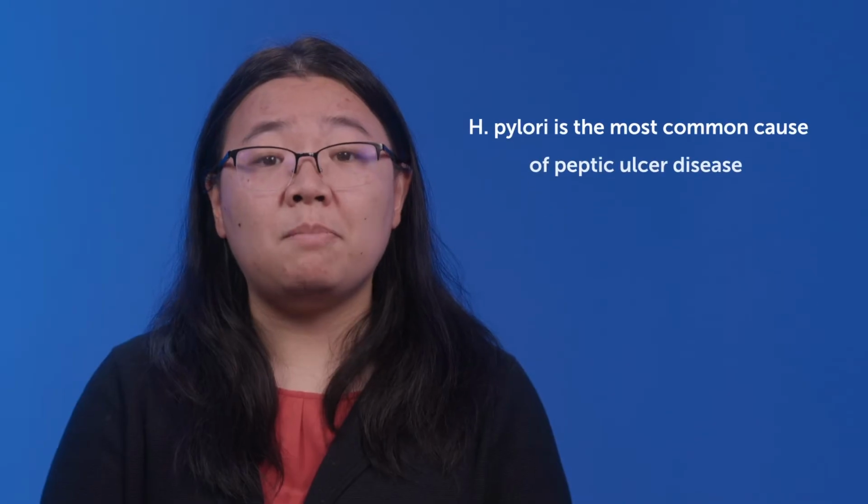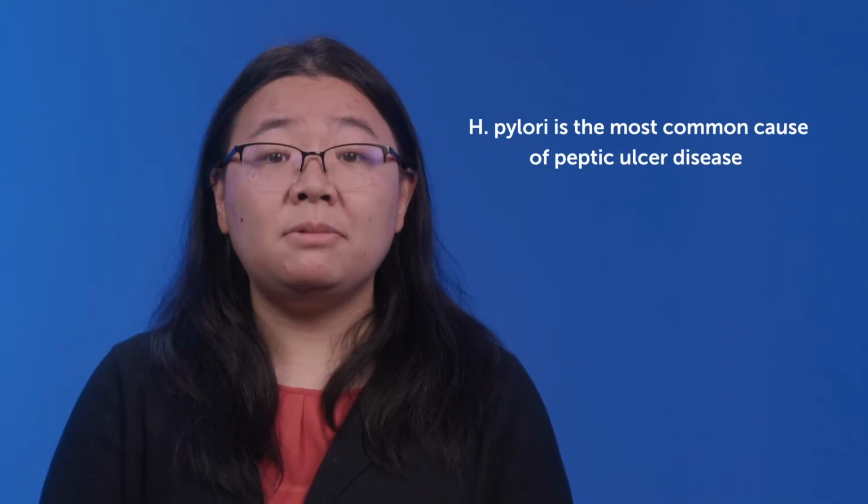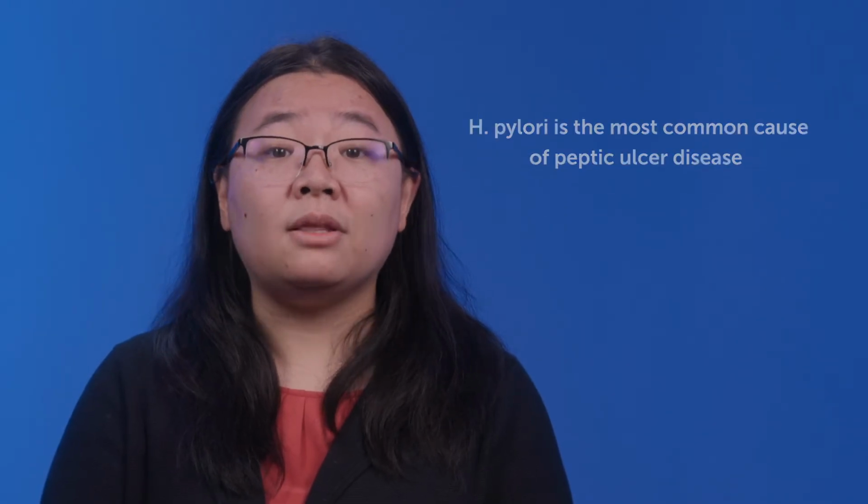Helicobacter pylori, or H. pylori, is a type of bacteria that infects the stomach. The infection is common worldwide and affects more than a third of the population in the United States. H. pylori is the most common cause of peptic ulcer disease. A peptic ulcer is an open sore in the lining of the stomach or first part of the small intestine